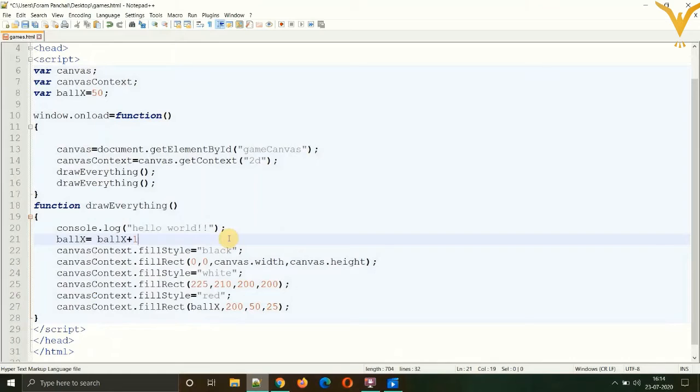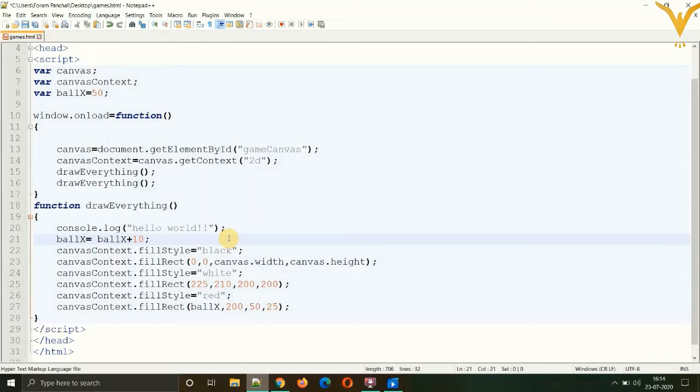Now the maths people will be wondering that this equation is invalid because you can't have different values on both sides of the equal sign. The important thing you need to learn in programming is that the equal sign here has nothing to do with equality on both sides. What happens is the compiler assigns the value ball x plus 10, which is 50 plus 10, 60, to the variable ball x. So now our variable is 60.